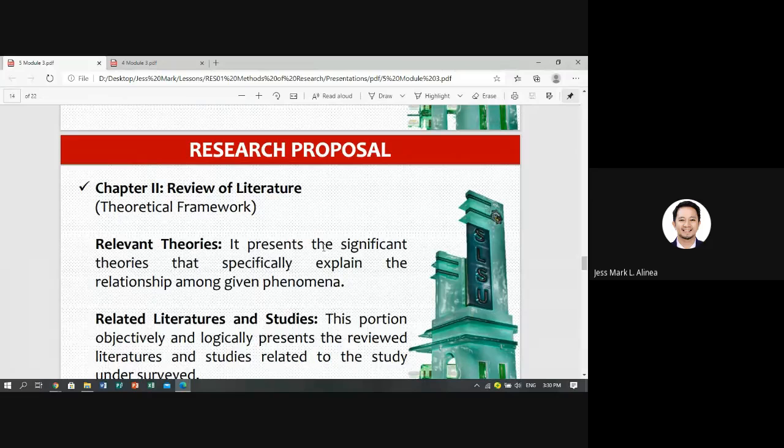Okay. So, kung ano yung ginagamit, kung ano yung relevant theory, sinusulat yan. Actually, ang chapter 2 ay nakabase sa ating objectives. Kung ano yung first objective, yun yung una mong i-detalye sa chapter 2. Kung ano yung pangalawa, yun ang susunod. Lahat ng ating gagawin, mula chapter 2, chapter 3, chapter 4, hanggang chapter 5, lahat ng yan ay naka-anchor sa ating objectives. Kaya ang unang nire-resolve pag proposal defense ay ang objectives. Kailangan malinaw at maayos ang objectives.